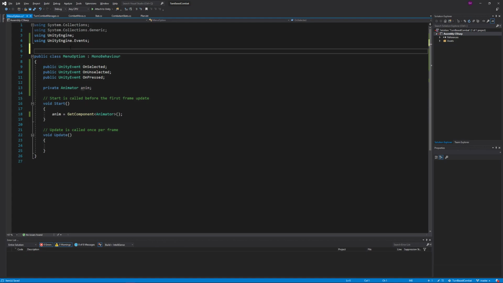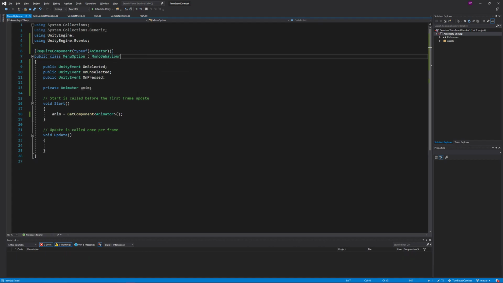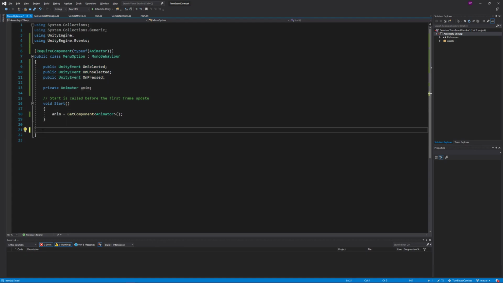And just to save some time, I'm also going to make that required so we don't have to add it in ourselves. Okay, so we have our animator, we have events for normal button stuff. Have this in start. We don't really need an update function, but what we do need is a public void